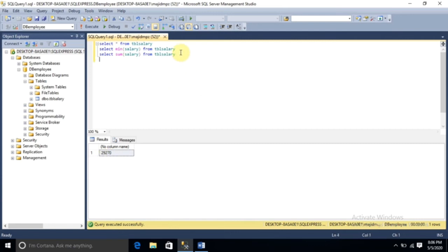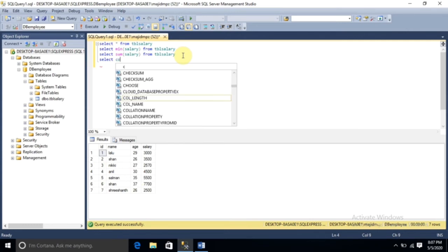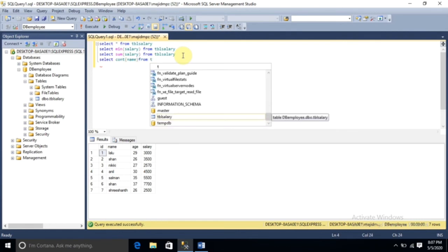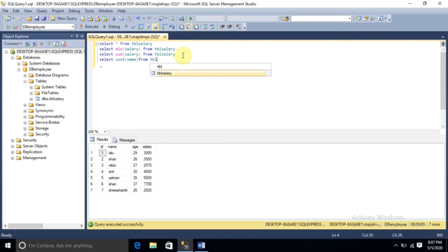Now I am going to count. Now I am going to execute this select query again. See here in this table. Now I want to know how many rows are available in this table. What is the query? Select, here we are using count of name from table name. The table name is TBL salary.